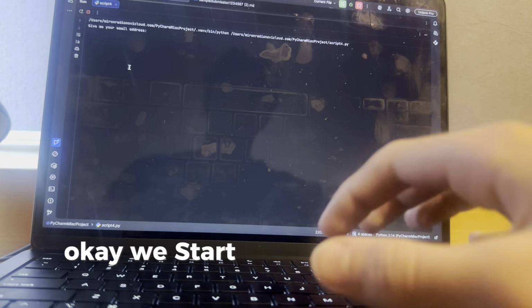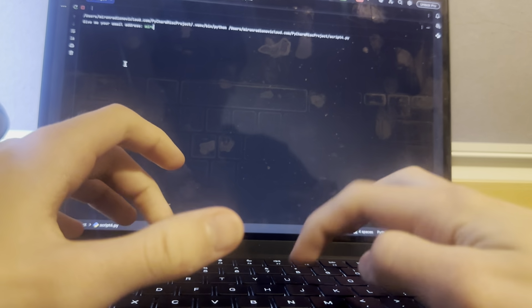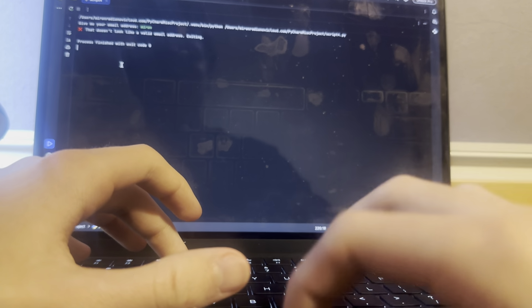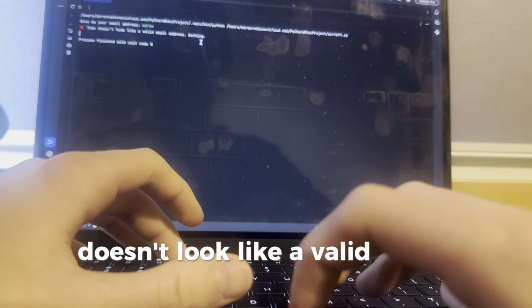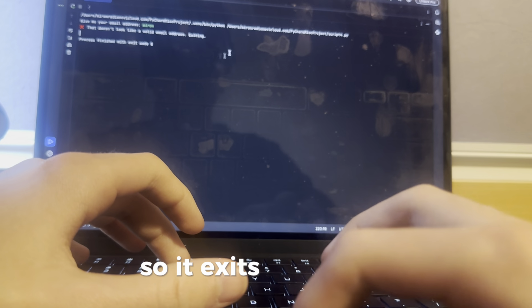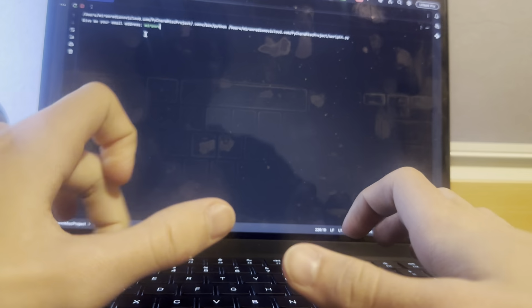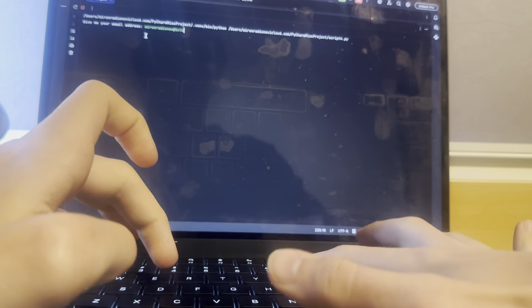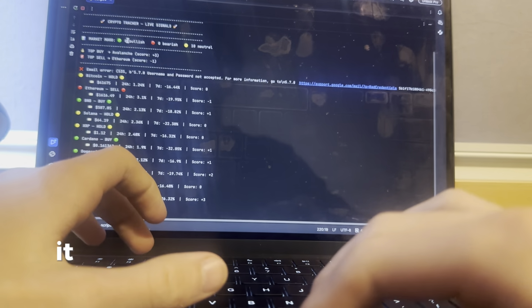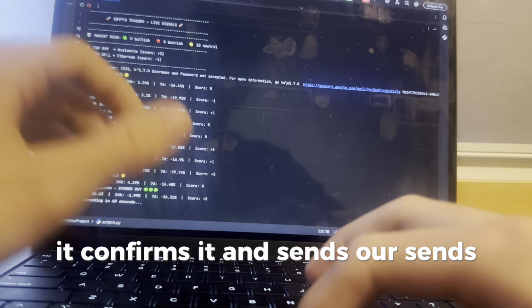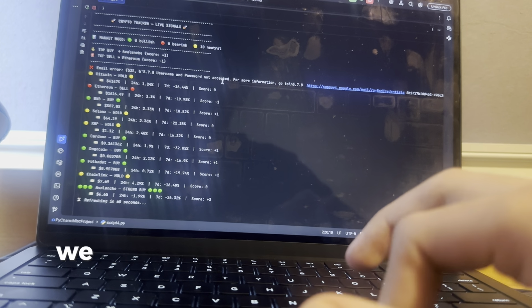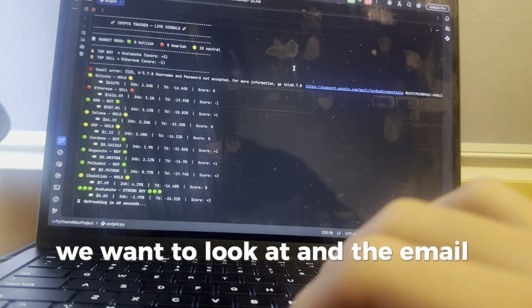Okay, we start by entering our email. If I just enter my name, it shows me that it doesn't look like a valid email address, so it shuts down the whole program. If we enter our email, actually, it confirms it and sends the data we want to look at, and the email is followed